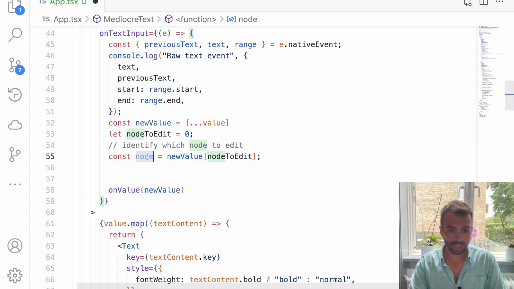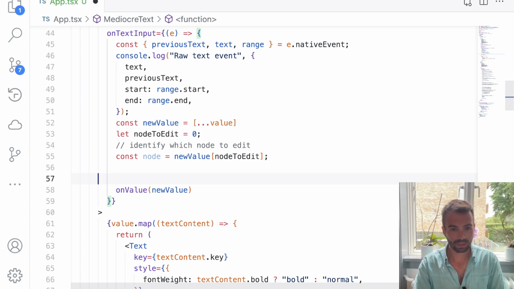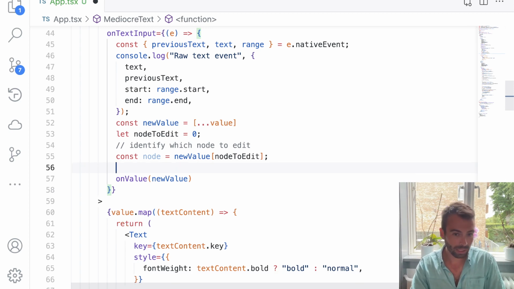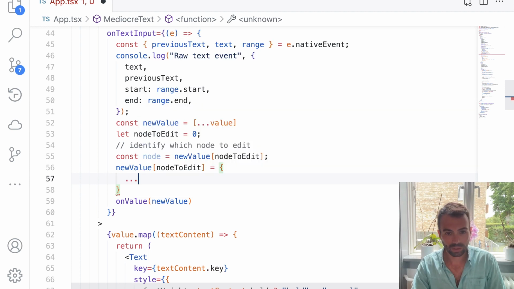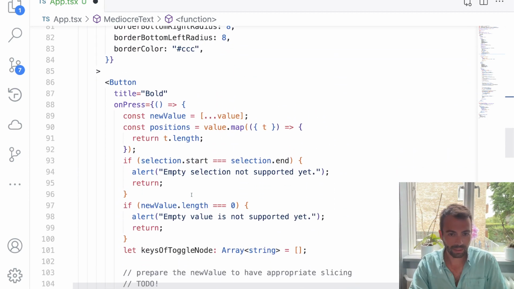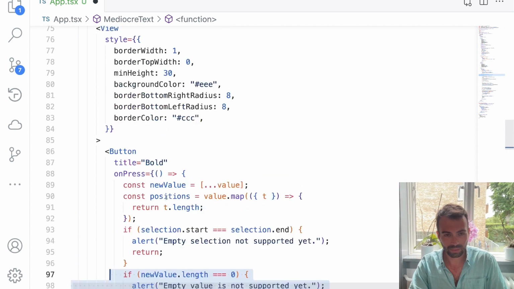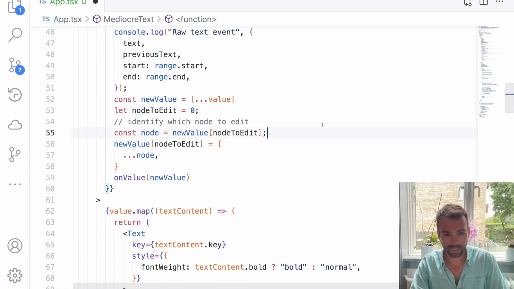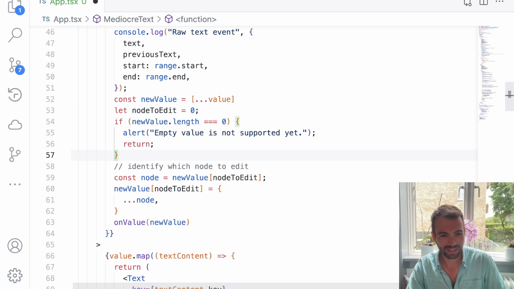And we don't really want to mutate the node either. We're going to want to affect the identity of it. So we'll say new value, node to edit is going to be something. It's going to extend the behavior of node, because maybe there's formatting flags on there, and there's probably a key on there. And the other thing we want to do quickly, I'm just going to copy this, because we don't really even support this very simple case where there's no text in the text input. By default, there's text in the text input, and we're just going to make sure that's the case, because otherwise